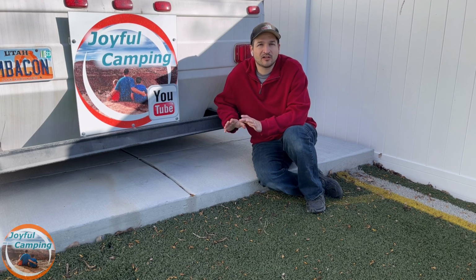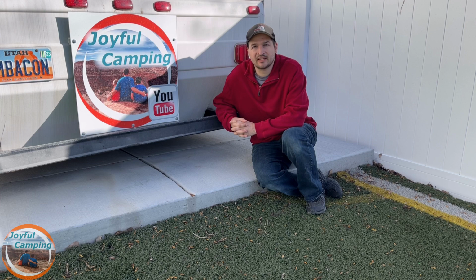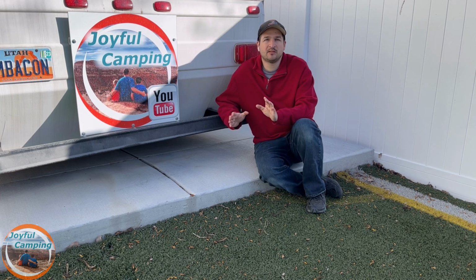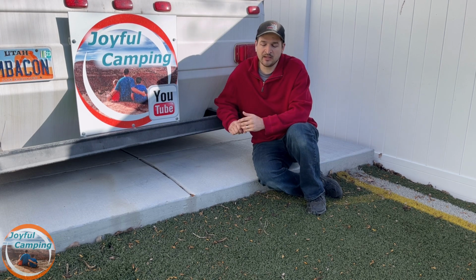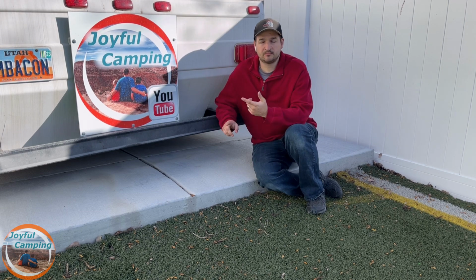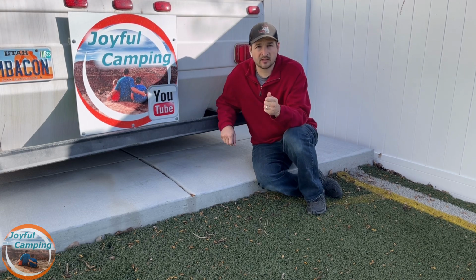Well, with that, we are all aired up on all four tires. I put about 20 ounces in each tire, and we are ready to take it for a spin. Now, this is going to be multi-part here, not the video itself, but the testing phase of it. I'm going to take it for a spin to get the liquid all around the tire,